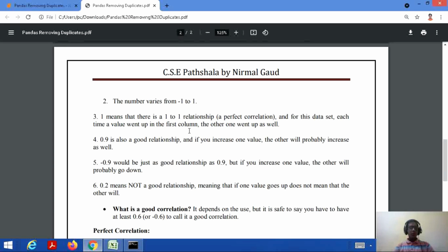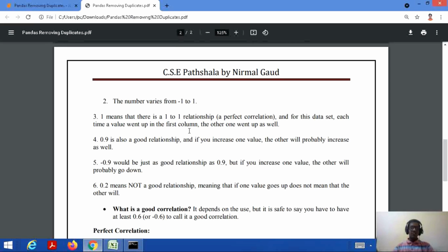If we talk about +1, it means there is a one-to-one relationship, or a perfect correlation, between the two columns. That means each time a value goes up in a particular column, it is directly reflected in the other column to which it is related.